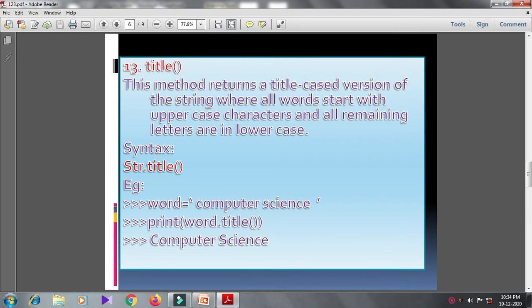Print word.title(). It returns capital C computer space capital S science. It returns all the words starting with uppercase letters and the remaining letters in lowercase.